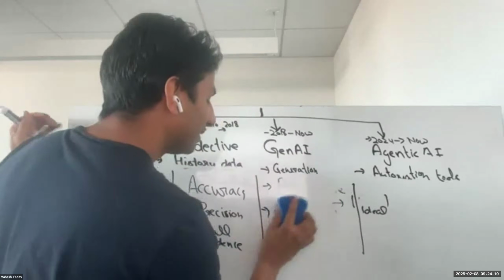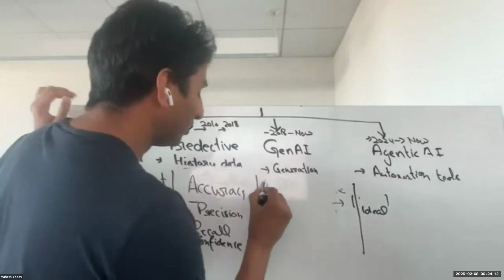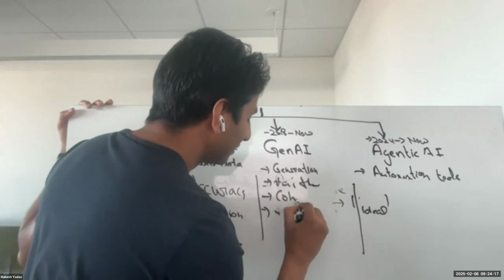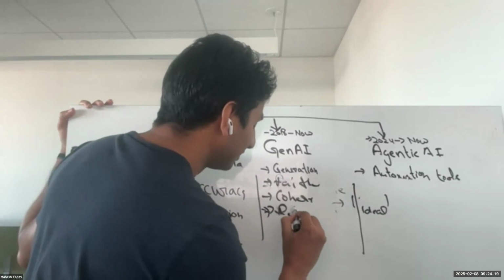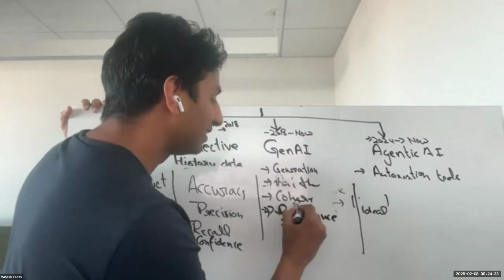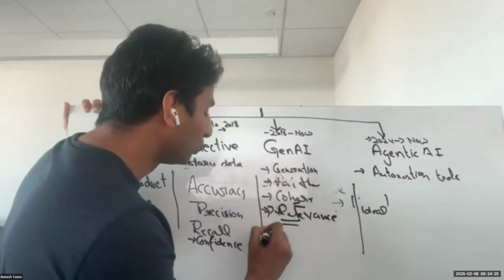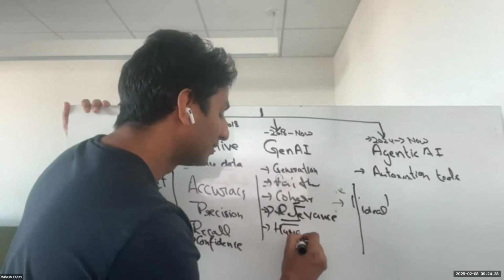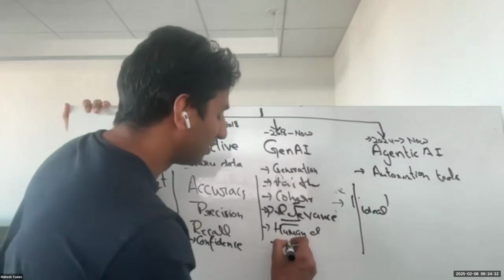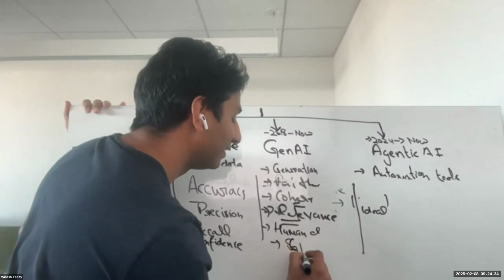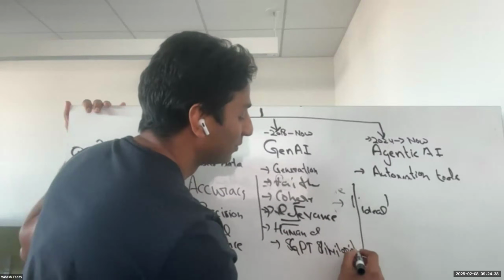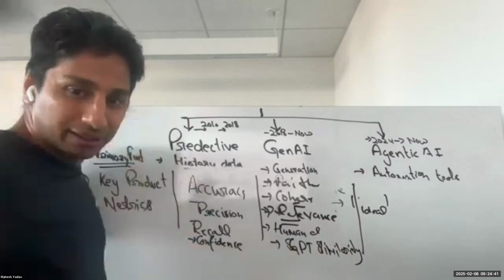Let me make it a little simpler. So yes, I wanted to see faithfulness. I wanted to see coherence. Bias. I wanted to see relevance. Bias everywhere. But relevance, is it relevant? Is it coherent? Is it human aligned? There is another metric people follow these days, which is ChatGPT similarity, GPT similarity, which is another one.